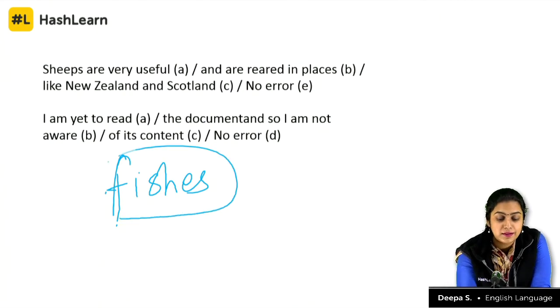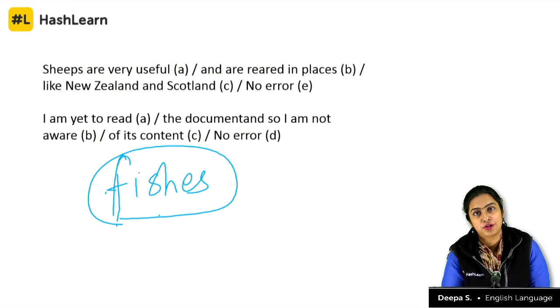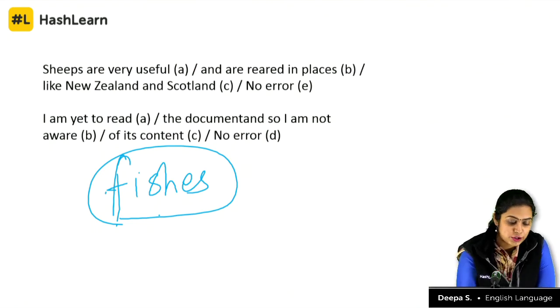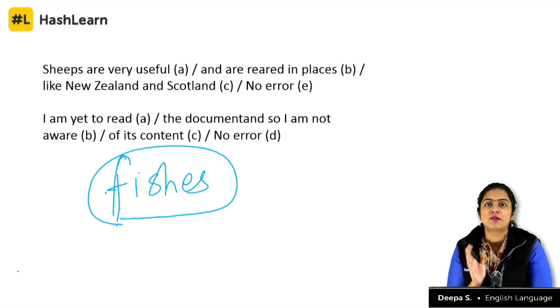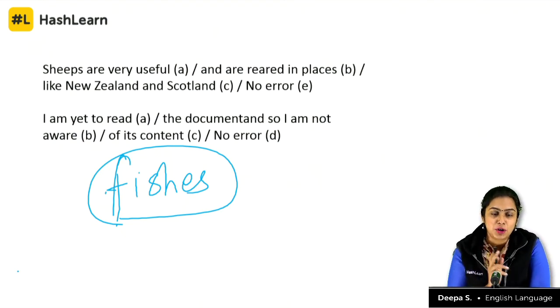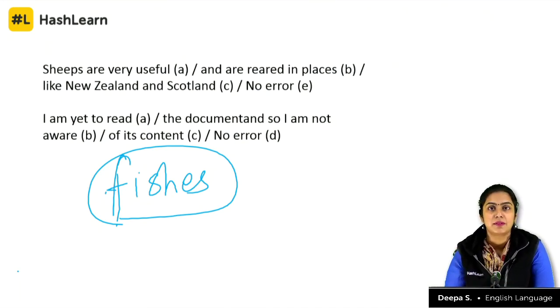In a very unique case, when you mean several species of fish. So let's say you're talking about two or three species of fish, then fishes makes sense. But when you talk of one fish, two fish, three fish, it is fish only and not fishes.